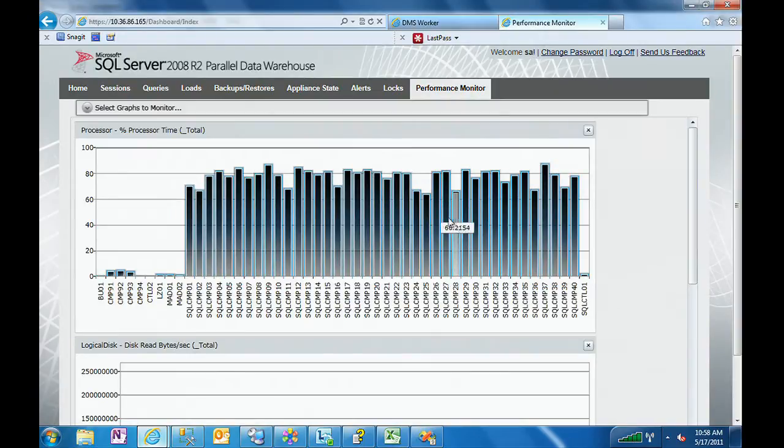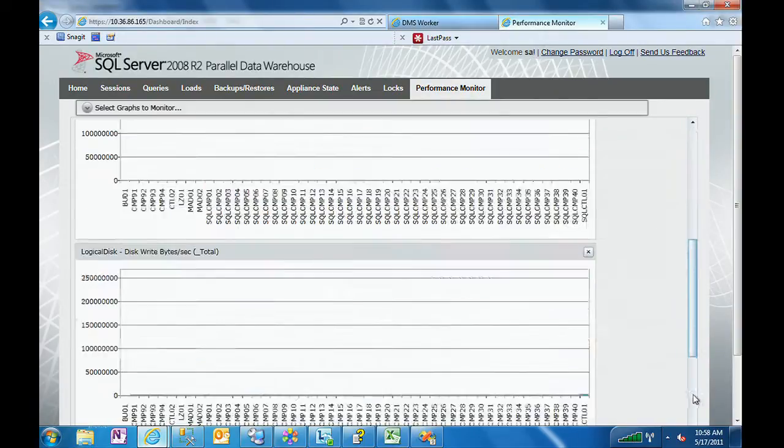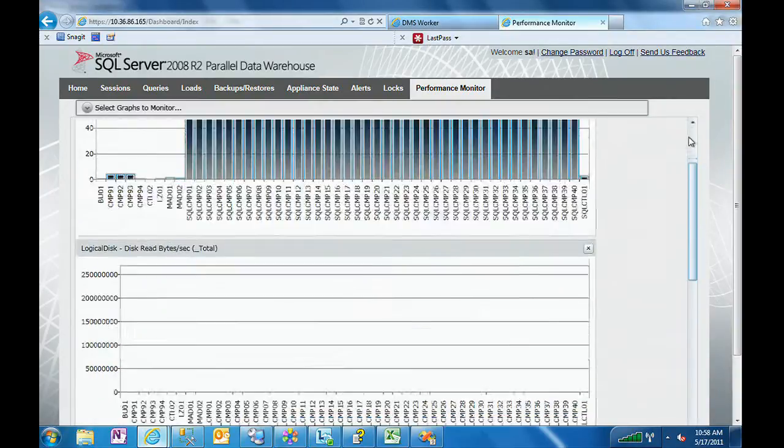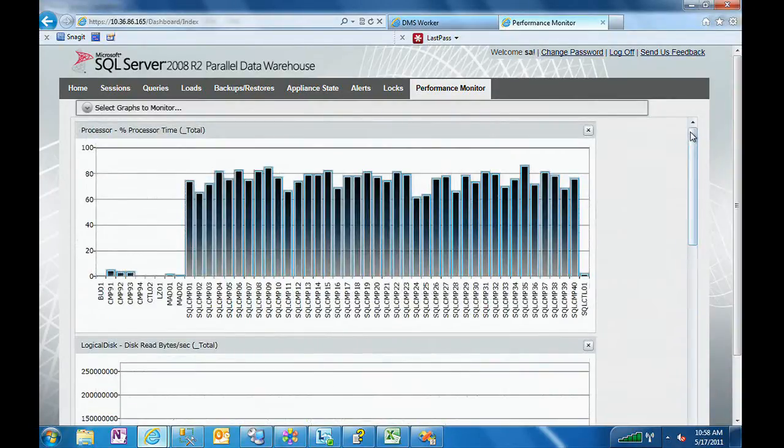And if I wanted to dive into these, what I can see is that each one of these has 16 processors. They're all running approximately 80%. This is where the massively parallel processing comes in handy. What we're doing here is, without doing anything other than just doing a create database and a create table and then loading the data,